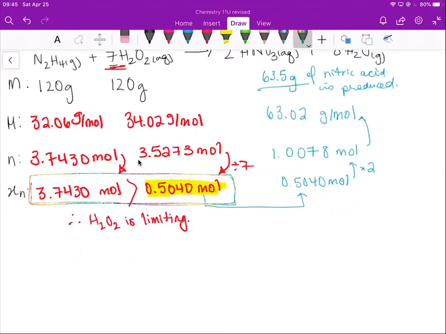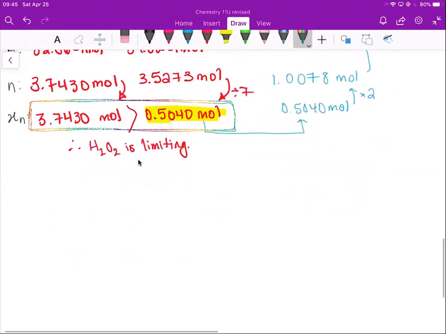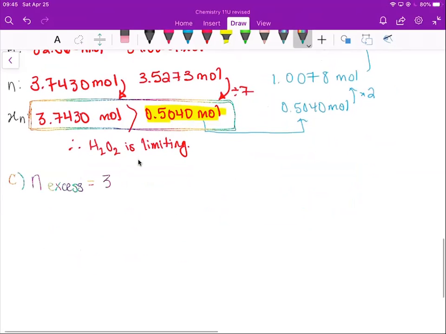The coefficient is not accounted for in these two numbers. So for C, when I'm trying to find the number of moles of excess N2H4, I'm going to take 3.7430 moles, subtract 0.5040 moles, and I get